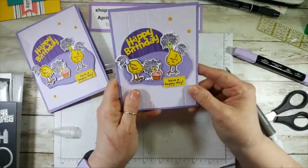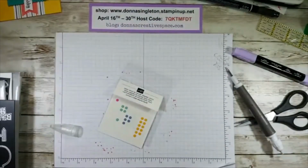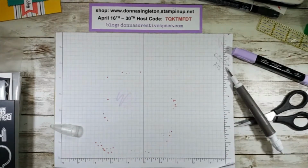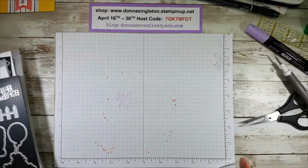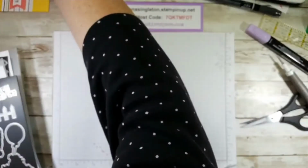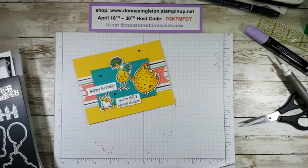I just love these chickies. I just love them. All right. So we have one last card. I'm glad a few of you are still sticking around for it. Let me put that away. And all right, the last card is a quickie. Well, I say a quickie. There's some coloring to do, but